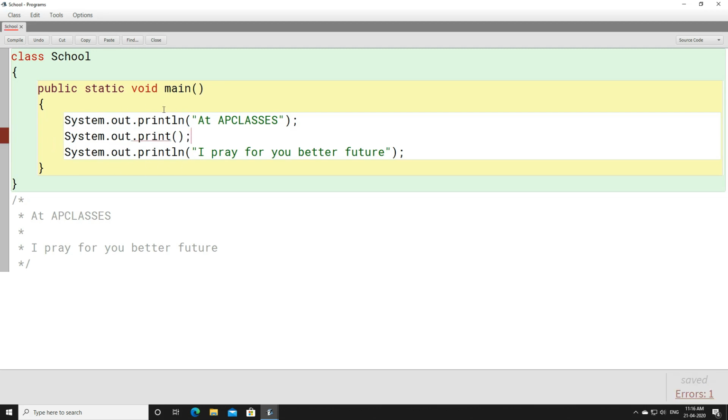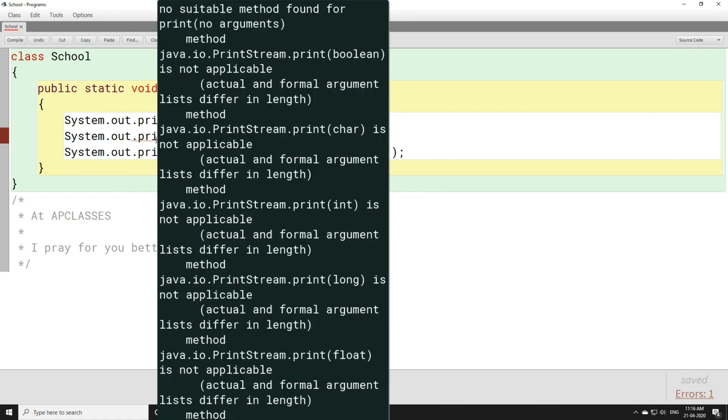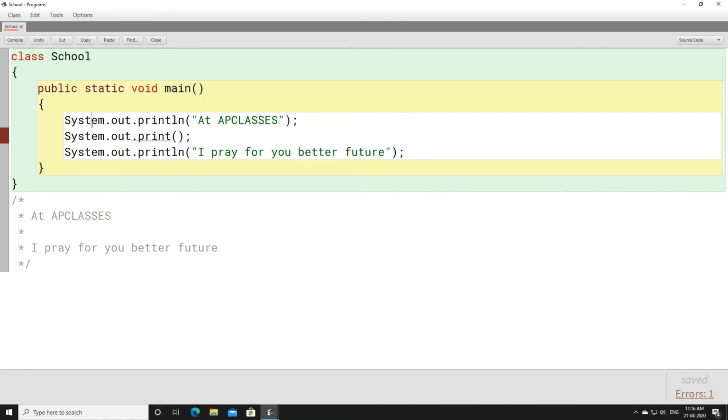No, not at all. You have written print here, but you are not printing anything. Print is not printing anything, so for what reason is it written here? Print cannot generate a new line, and here it is not able to print anything. So what is the reason you have written print here?